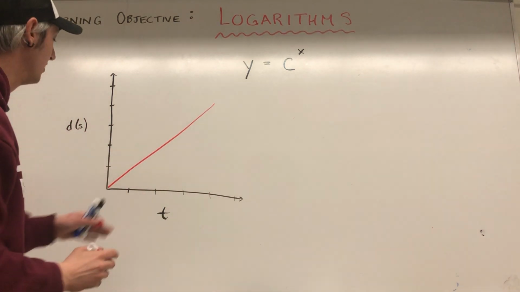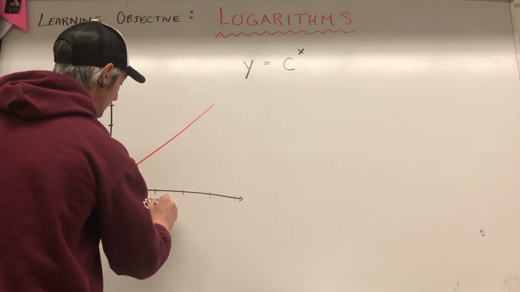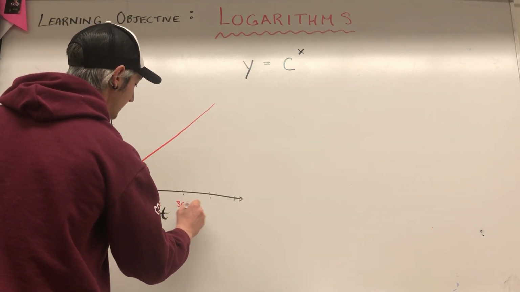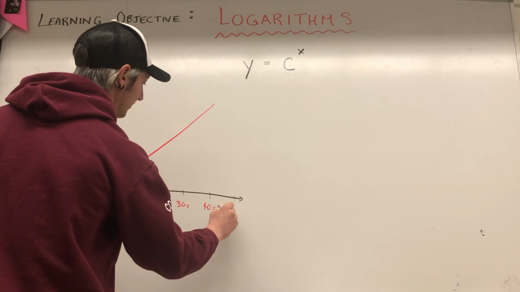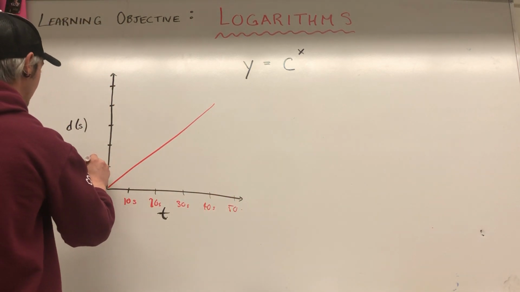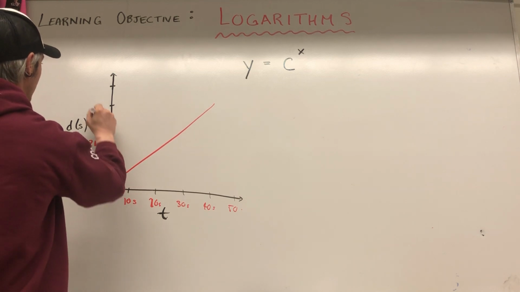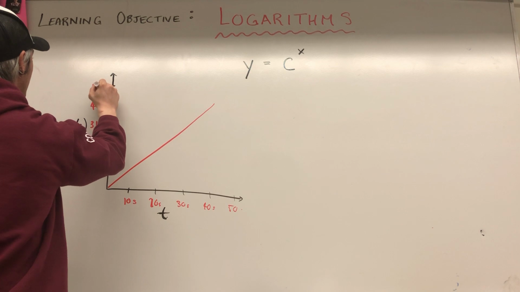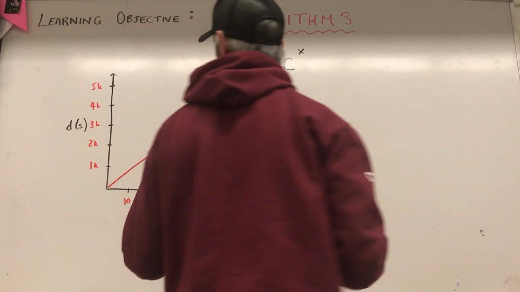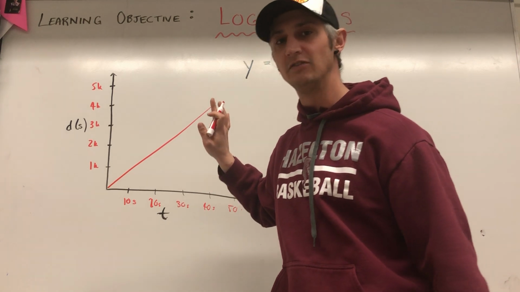Where my time is linear, it's 10, 20, 30, 40, 50, and this up here is going to be linear too. Let's say it's 1K, 2K, 3K, 4K, 5K, okay, right? So this is kind of a real world situation where a regular graph will be fine for